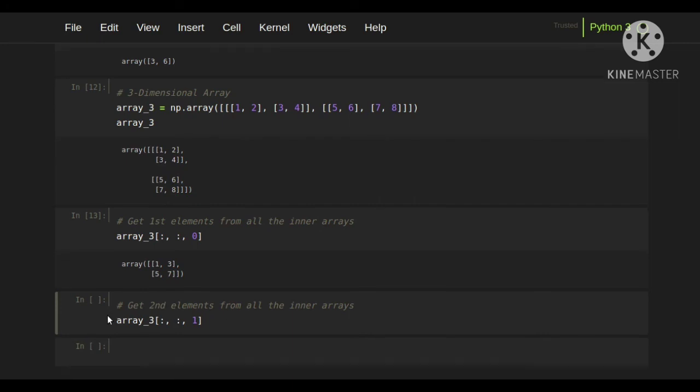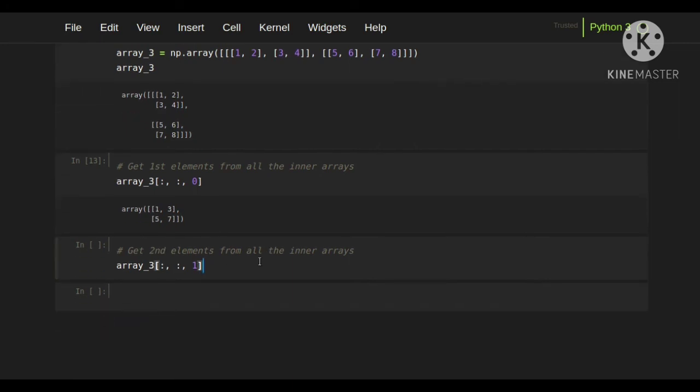Similarly, we can also retrieve the second element from all the innermost arrays. These second elements will be 2, 4, 6, 8, and this can be accessed by giving this command. So for array 3: the outer array, the inner array and the innermost array. This is how we will access.